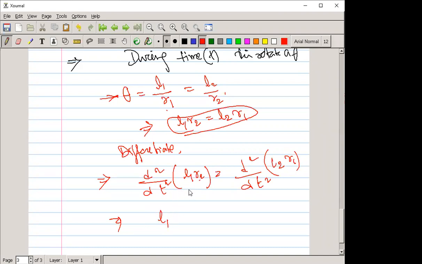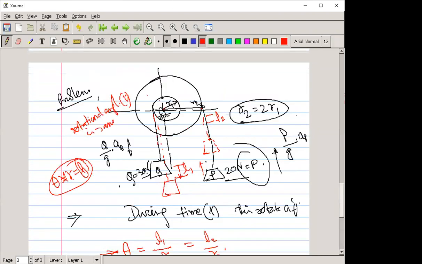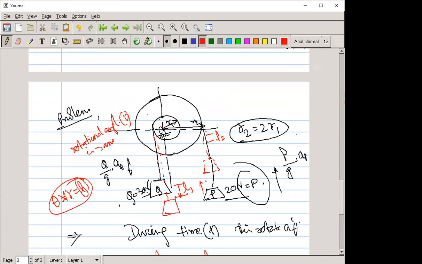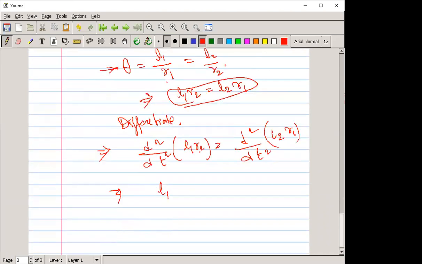So we can write for R2. R2 means the bigger one, and the bigger one is P, connected with P. So AP is equal to L2 into